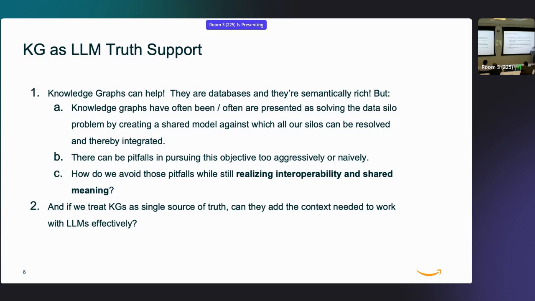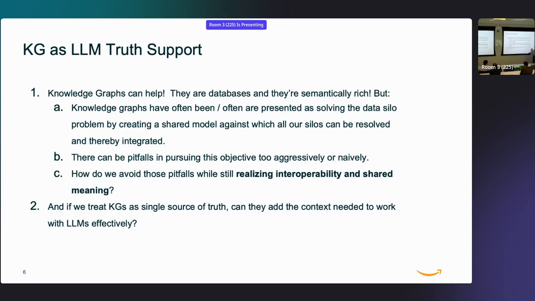So as Shima indicated, we want to think a little bit more about truth and the way we can do some of the stuff that Deb was talking about this morning. How do we leverage a knowledge graph to help us validate and address situations in which we're using LLMs and we want to make sure they're getting things right? We want to feed it accurate information and that sort of thing.